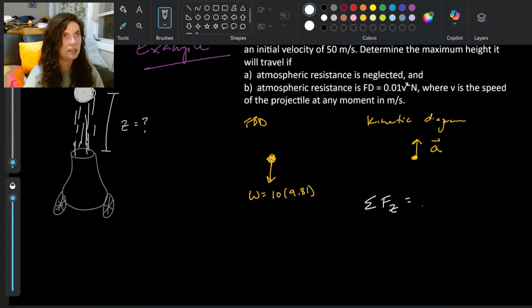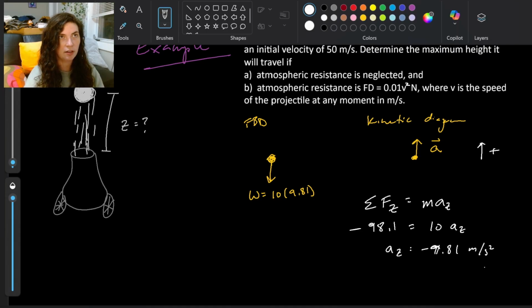sum of forces Fz equals m times acceleration z. We're going to have, if we say up is our positive convention, up is our positive convention, then our force in the z, we only have the one force. It's that 98.1 newtons, that's the 10 times 9.81, in the negative z direction, right, going downwards, equals the mass. The mass was 10 kilograms times az, which means that our az is negative 9.81